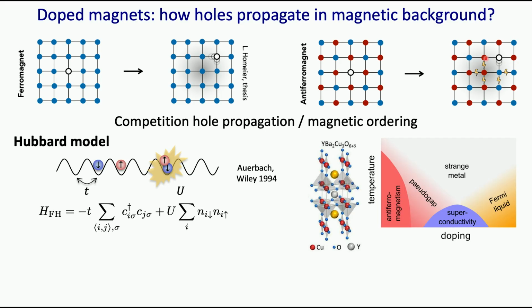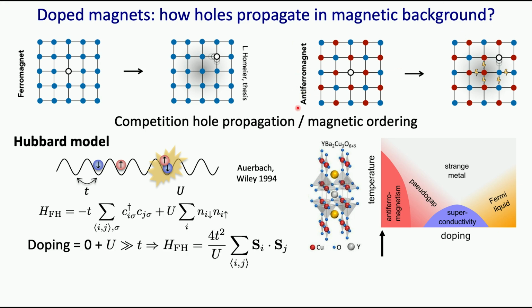So why is it relevant? Because the basic model that we have to describe high-Tc superconductivity, the Hubbard model, does feature this. This is a model where you have a competition between tunneling and strong on-site interactions. And this model can actually be mapped onto a spin model using second-order perturbation theory, so you've got an effective coupling here. This is at zero doping, meaning that you have no holes in the system. And people have measured that in various systems.